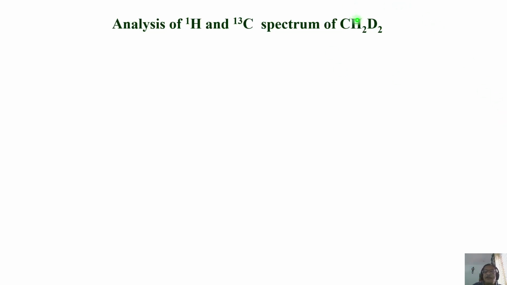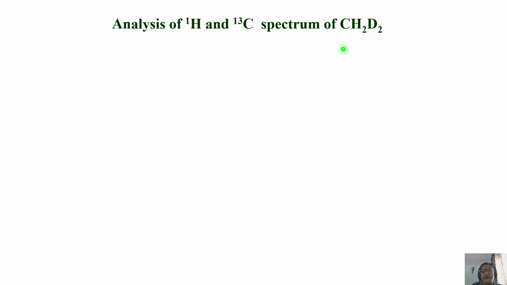I am now looking at the proton spectrum of this molecule. But I'll also give you information. Deuterium is spin 1 and carbon 13, whose natural abundance is 1%, is spin half. This information is sufficient for us to generate the proton spectrum of this molecule and also the carbon 13 spectrum. We are studying this molecule with carbon 13 in natural abundance. Remember, it is not a labeled system. Carbon 13 is in its natural abundance and we are trying to analyze the spectrum.